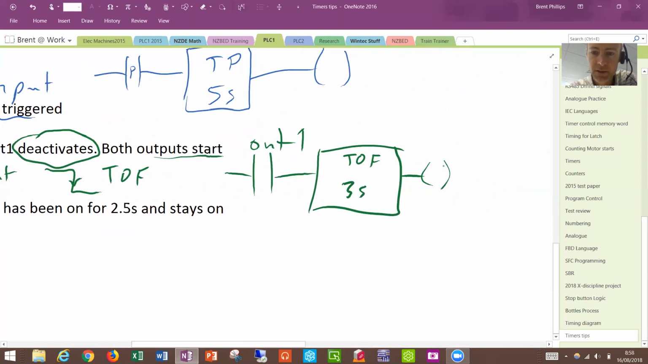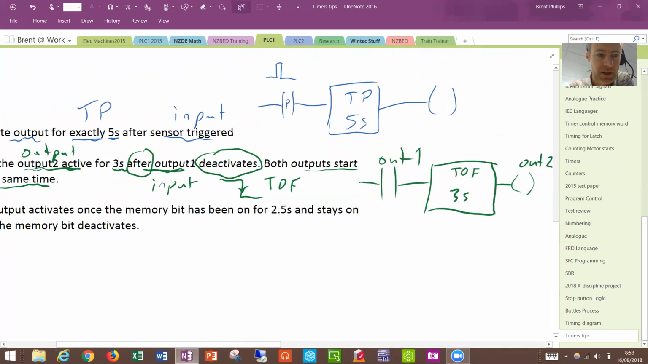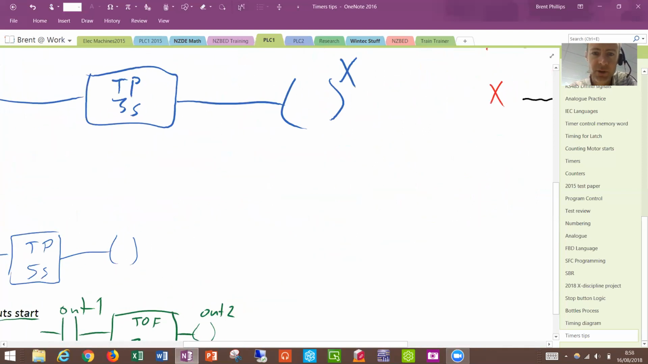And that gives the command to output 2. The other thing that we had to check in this problem was it said both outputs start at the same time. So if we just check the behavior from the diagram we did before,